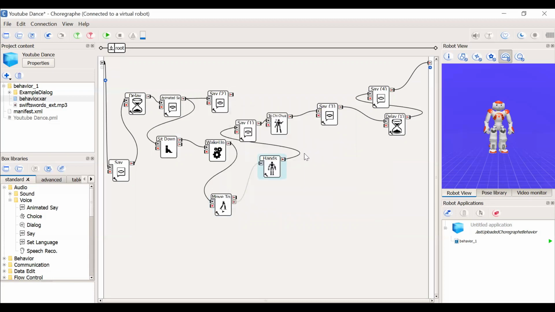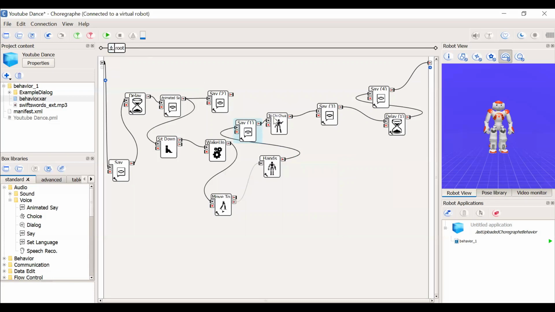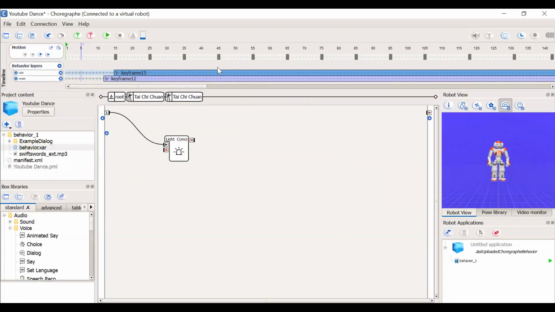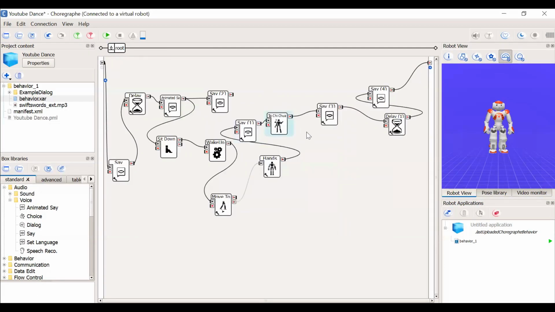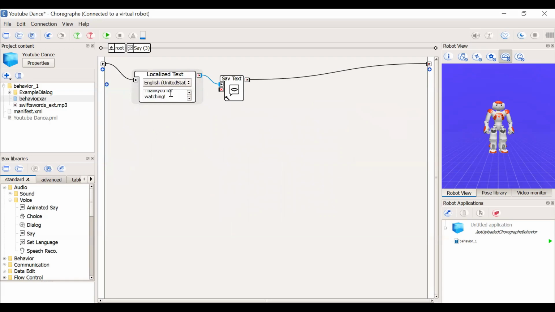and then it will move to the next say box, and inside the next say box we can see that it's going to say "here you go". Once "here you go" is executed, you can see that the NAO will start to do the dance move that we have seen previously. Basically it will initially stand up and then do the dance move using this kind of behavior and motion. And then once it does that, it moves into the say box, and inside the say box we have "thank you for watching",